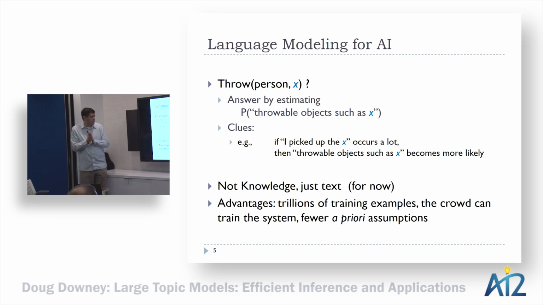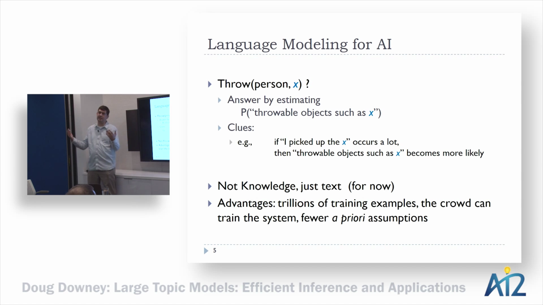This approach just uses text, right? So we're not committing to any kind of logical encoding of knowledge. There's no knowledge representation scheme that I'm committing to in this approach, although there are assumptions that we're going to commit to in terms of the models that we build. I'll get to that in a second. But one of the advantages of this approach is that you don't have to commit to a knowledge representation scheme.